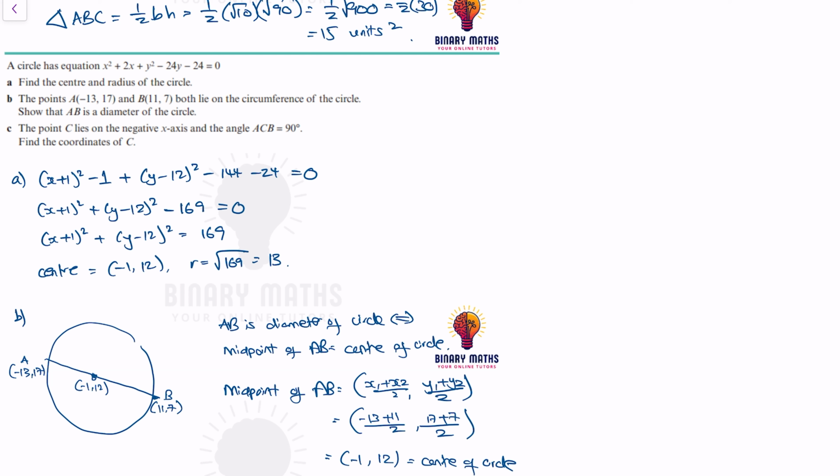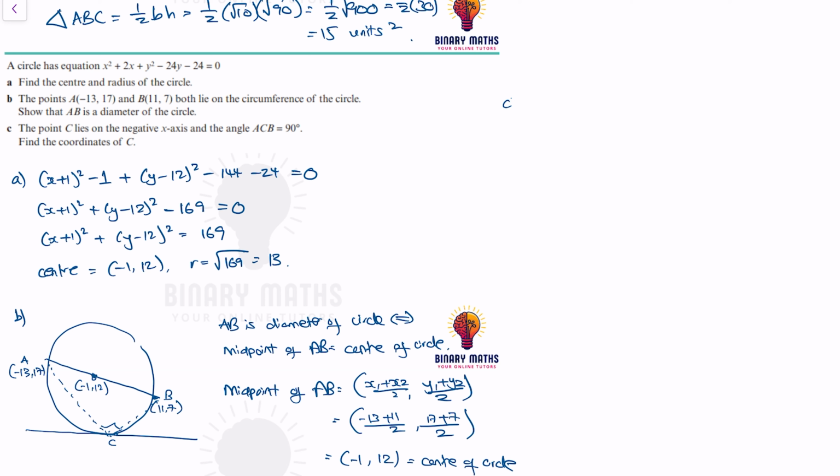Okay, the point C lies on the negative x-axis and the angle ACB is equal to 90 degrees. So if I draw an axis, and this is C, ACB is equal to 90 degrees. Find the coordinate of C. Okay, so I'm trying to find C,